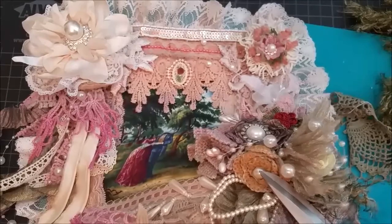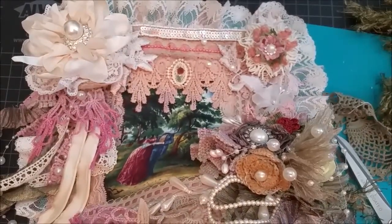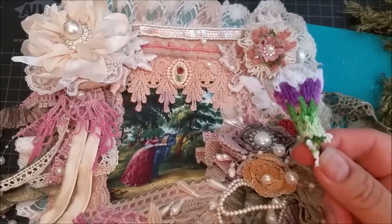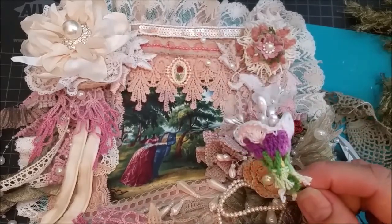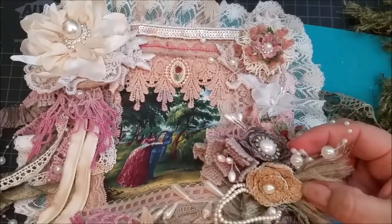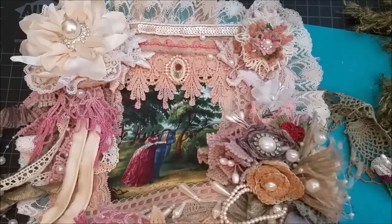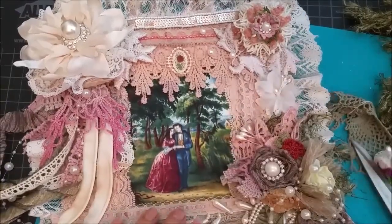And this right here is actually the roses that we made. It's this one that we made in the series, but I tea dyed it. So you could see the colors it became was more of a goldish color, because I actually did dark tea dye on that. And then along the bottom here,